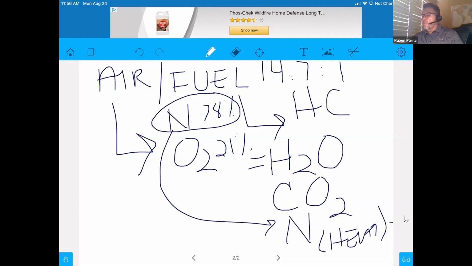This happens when we have the proper amount, okay? My emissions instructor used to say that when everybody has a dancing partner, this is what occurs, right? We have H2O, CO2, and nitrogen in the form of heat, okay? That's what the air-fuel ratio has to do, or has to do for our purpose.